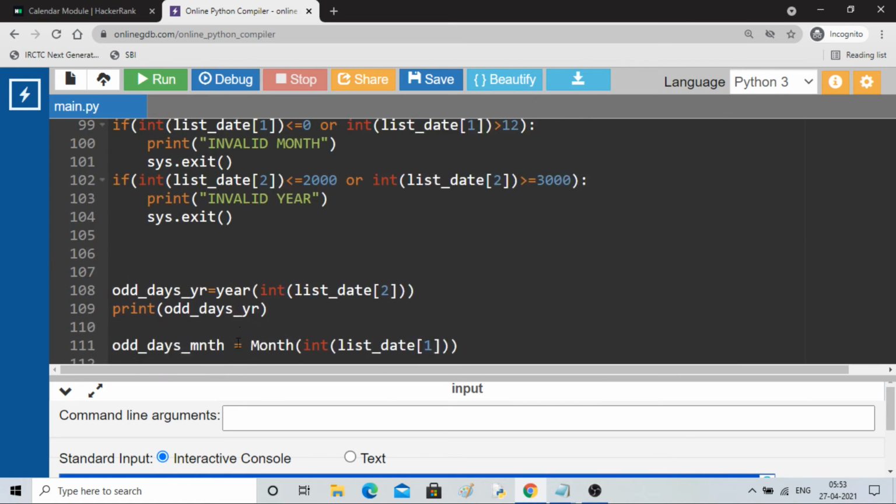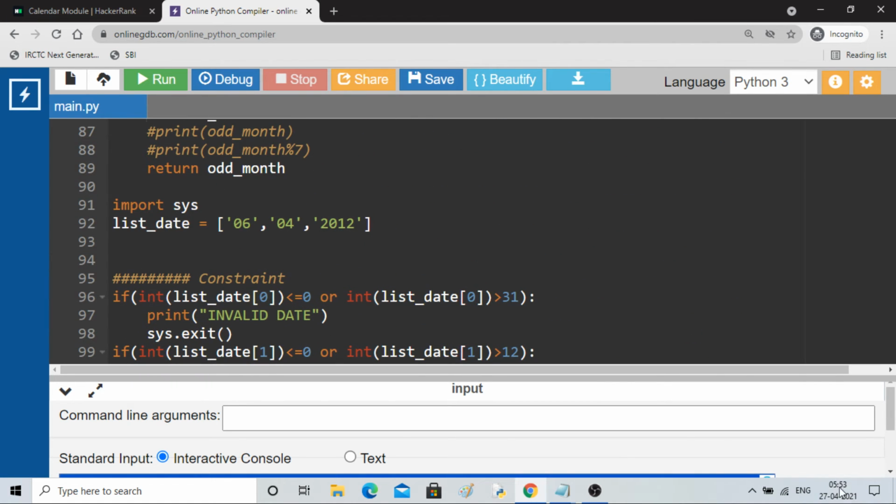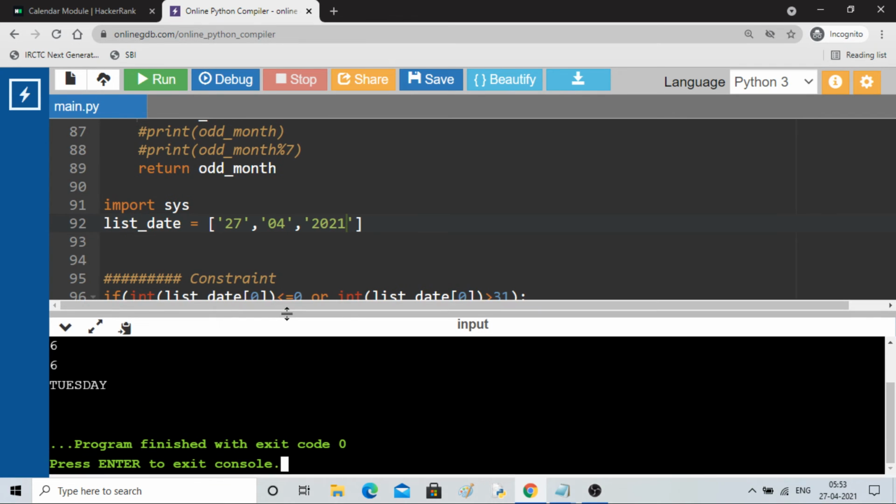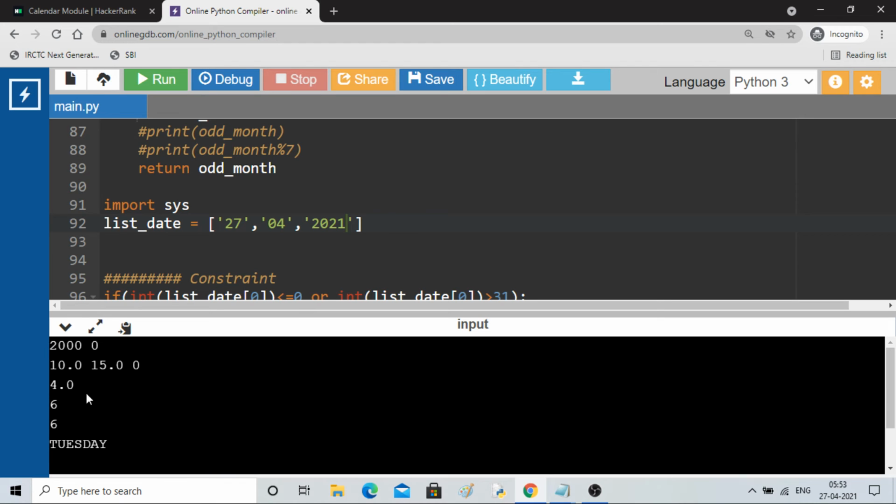So I have taken this example. Today is 27/4/2021, so I'll write it. So let's run it from here. This is my console, and you can see all the values.